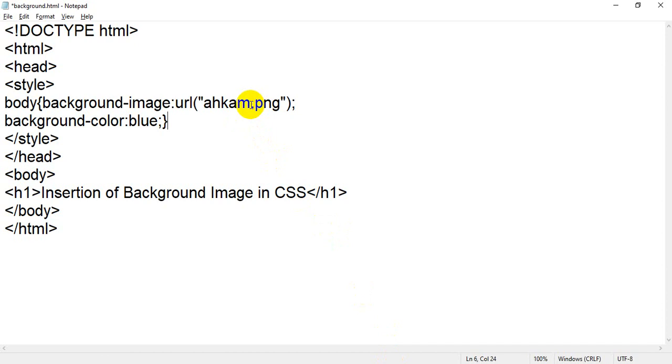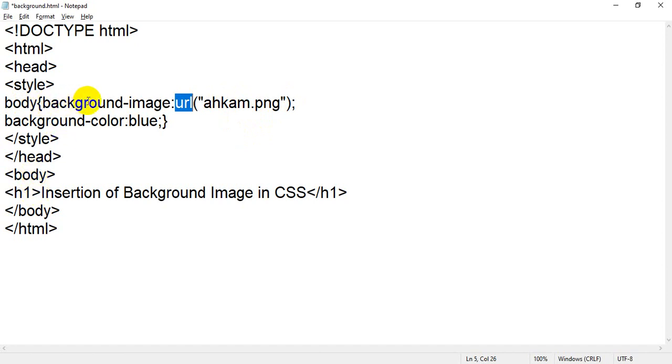If I say who is Pooja, there is a chance that there may be more than one Pooja. That is why I am calling with the extension, because in a computer you cannot save files with the same name and extension. So if I pass only url and the name and extension of the file, it will work. So I have written body. Body means I have selected a selector, where I am going to add the background image.